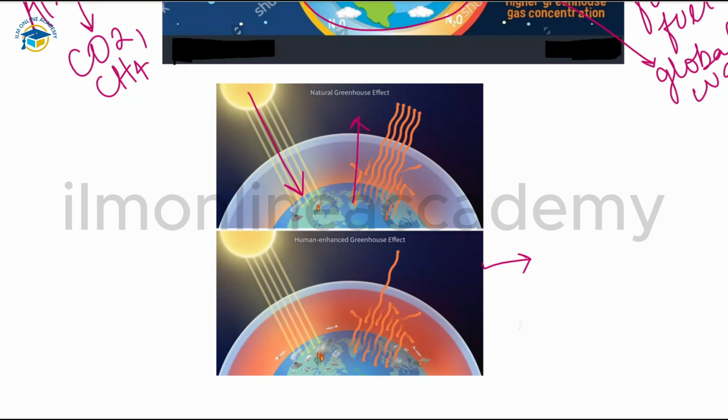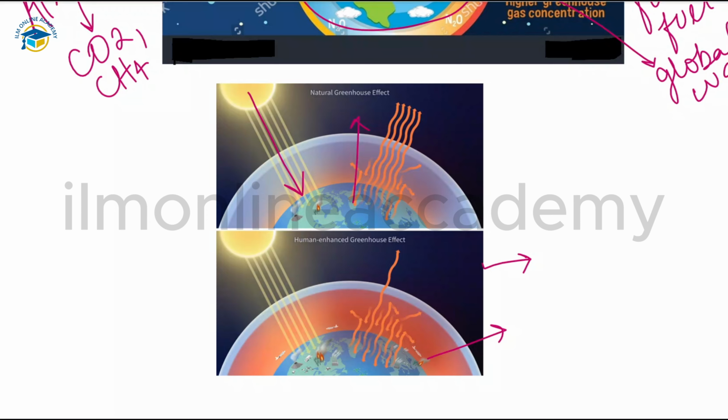This has drastically increased. The greenhouse gases allow the high energy, short wavelength radiation from the sun to pass through the atmosphere and reach the surface of the earth. Some of this thermal energy is absorbed and heats the oceans and the land, and some is radiated or reflected back into our atmosphere. The heat radiated by the earth has a lower energy and a longer wavelength. So that is the difference between them.